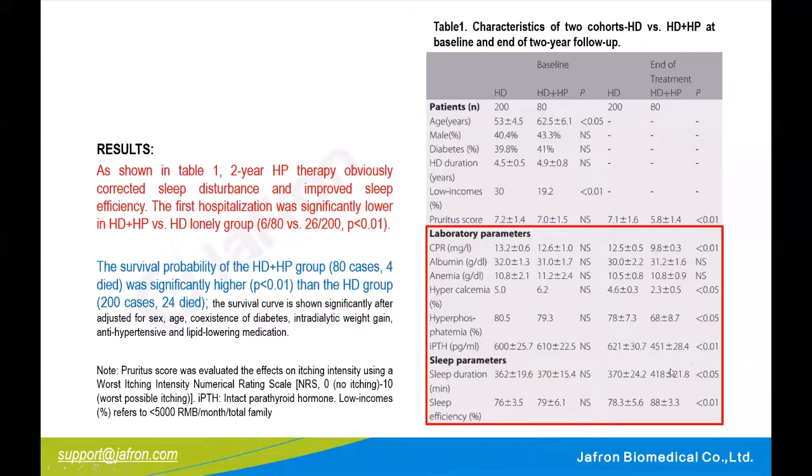And also, it was revealed that the first hospitalization was significantly lower in the combination therapy group, which is the